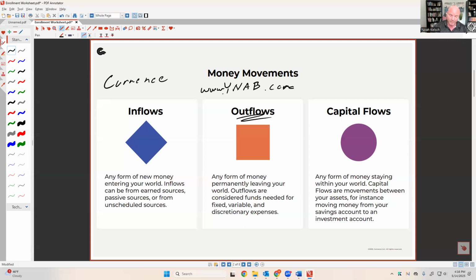When it outflows, when it leaves your personal economy, you need to know where that money is going. It needs to be accounted for. The purpose of that is, first of all, to identify where your money's going, because I've been in the financial industry for about 13 years now,